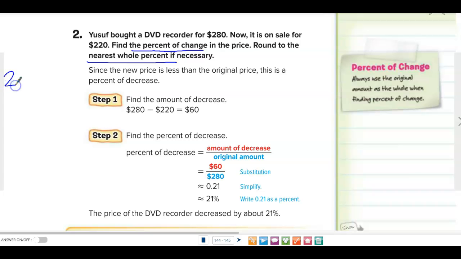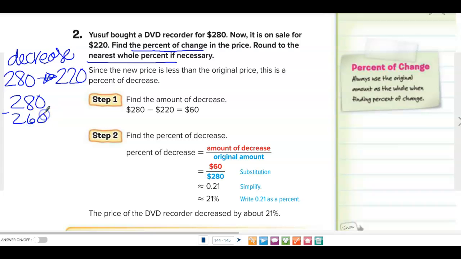Michaela, what was the original cost? Yep, so we're going from 280. What is the sale price now? Ashley? $220. Good. 220 is the sale price. So is this an increase or decrease? Decrease, right? Because it's going down. So that's our first answer. How much is it going down? 60. How'd you do that? So you subtracted 280 minus 220 and you got 60, right? So $60 is our amount of change,